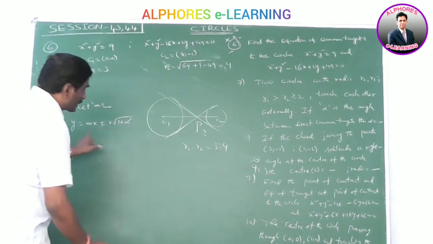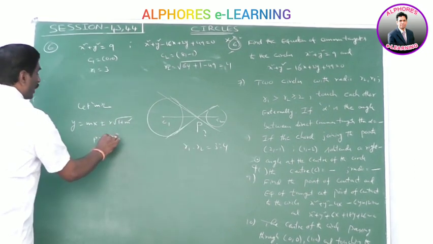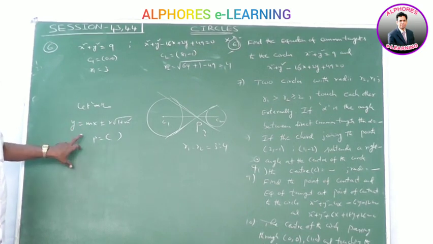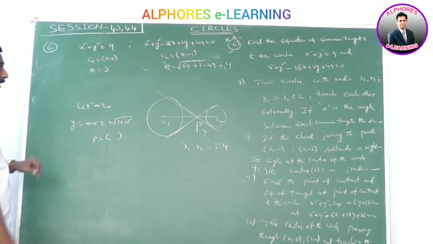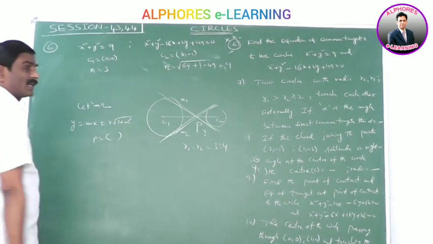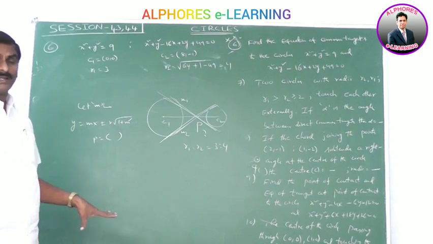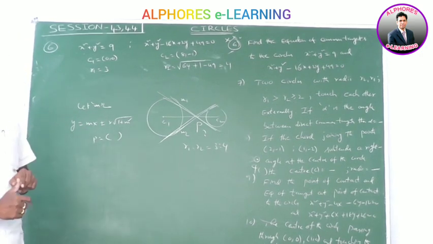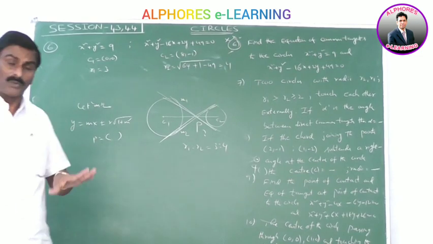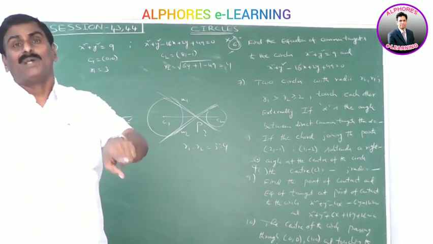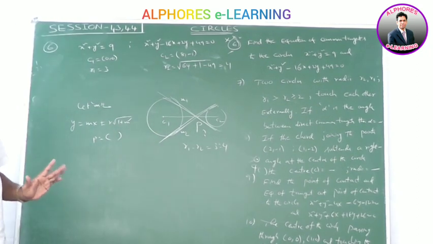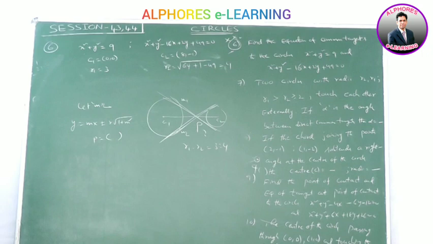Okay, this line passes through this point P. P is already found. Substitute this value, we get a quadratic in m. We have two values of m, m1 comma m2. By using these at this point, we get the equations of the transverse common tangents. It is the method. But in this case also, verification is easy. In verification, verify the options: r1 is equal to d1, r2 is equal to d2. If r1 is equal to d1 and r2 is equal to d2, then that line must be a common tangent for both the circles. Okay, please note these points.